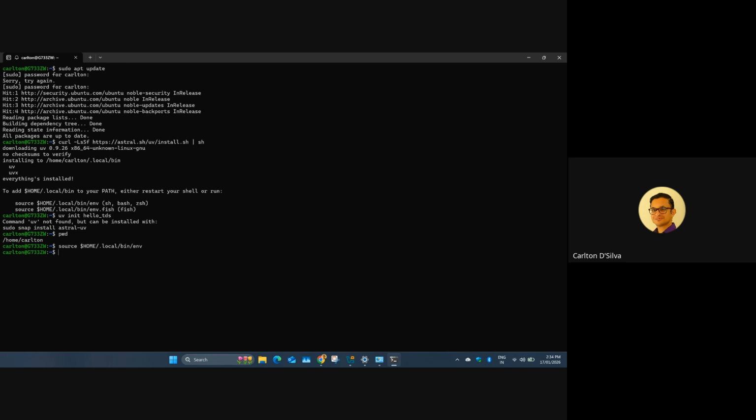So if you do this, then it adds UV to your path wherever you're working on the system. So now if we try it. The first command, curl, installed UV, and this is directing the source, right? Yeah, so this is telling where to find UV. Okay, it's adding it to your path. Okay, so if I do uv init,